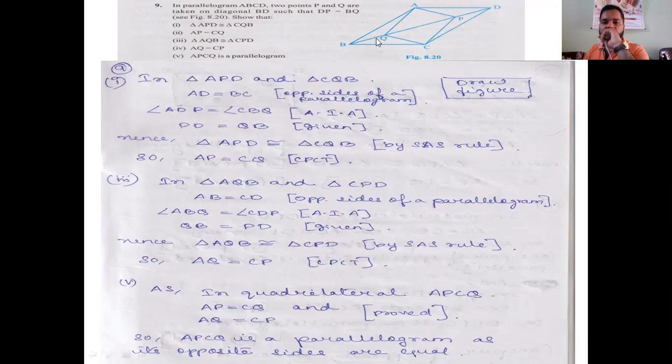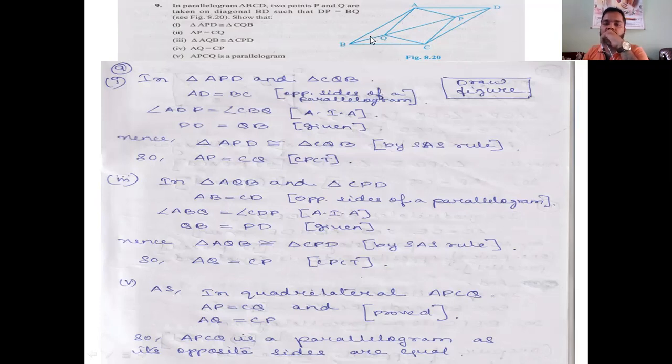Secondly, DP is equal to BQ. It was given for us. So two sides you got. So now just think, if you have two sides, then which congruence property can we use? We have two options. Either we can go for side angle side or SSS. If you want to go for SSS, then you also have to show that AQ is equal to AP, which is not possible.